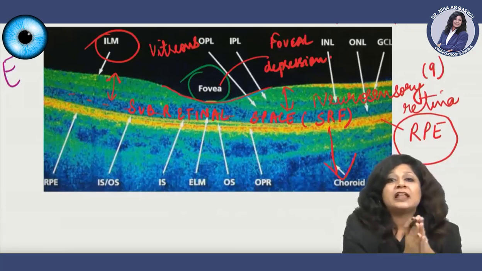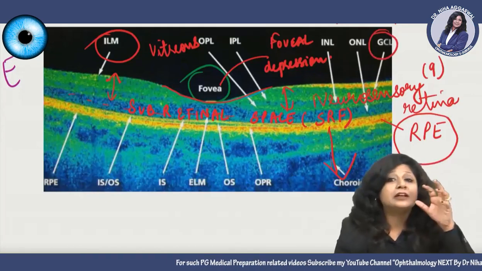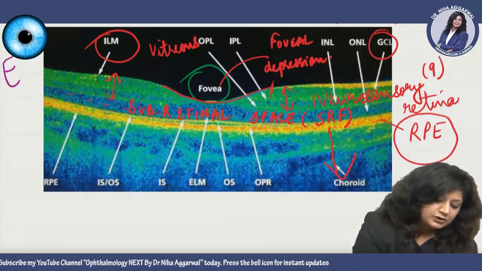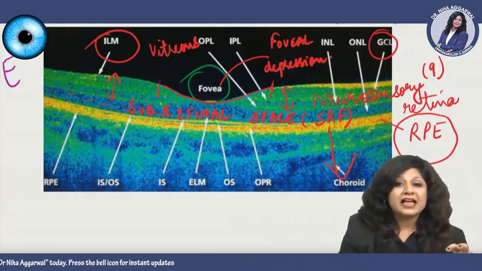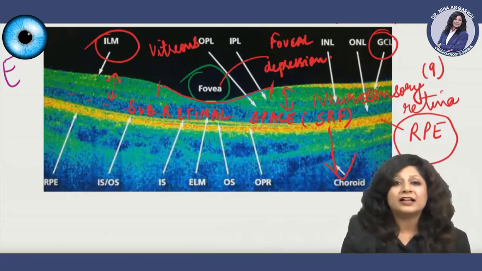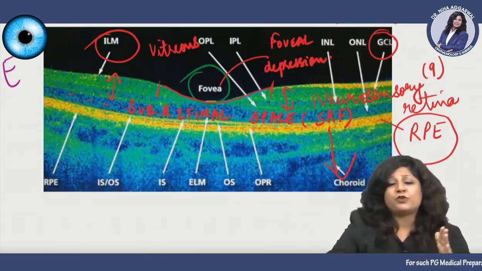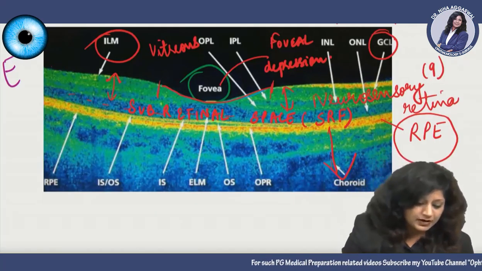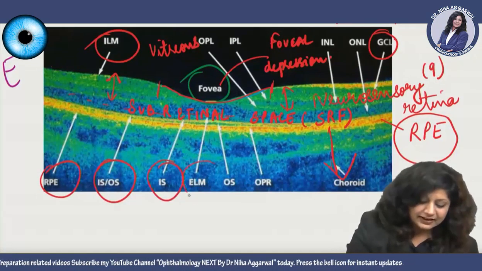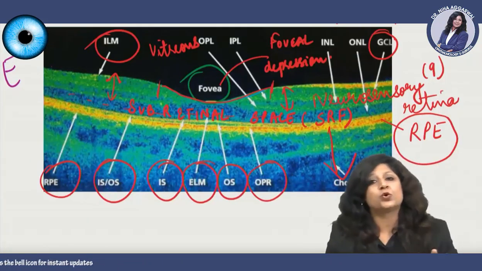Now, what layer is particularly absent? Can you see this ganglionic cell layer? This yellowish one is coming up till here. Then from here also it is coming up till here. So it is this ganglionic cell layer which is absent in the fovea. That is why we have the foveal depression. Now, it's not mandatory for you to recognize all the layers, but you can see that we can delineate all the layers in the retina on this OCT.